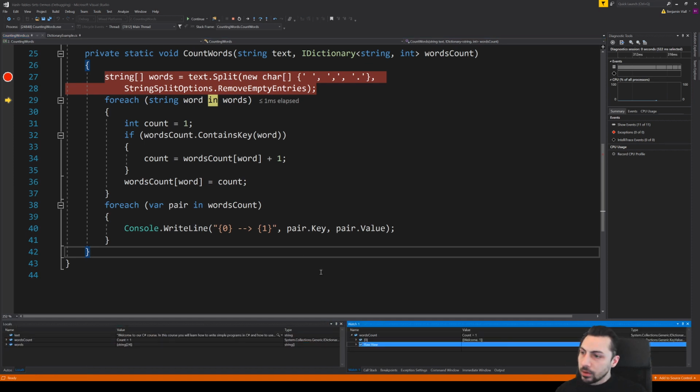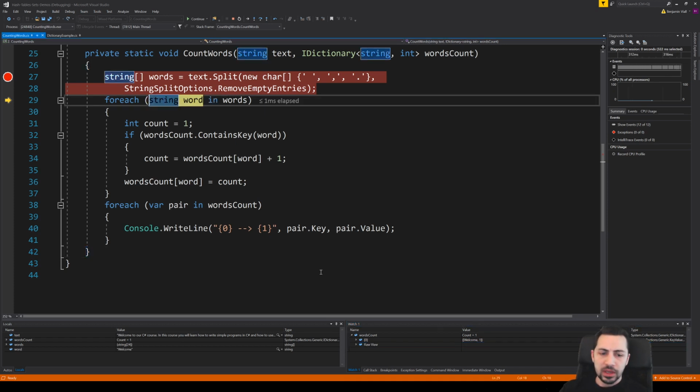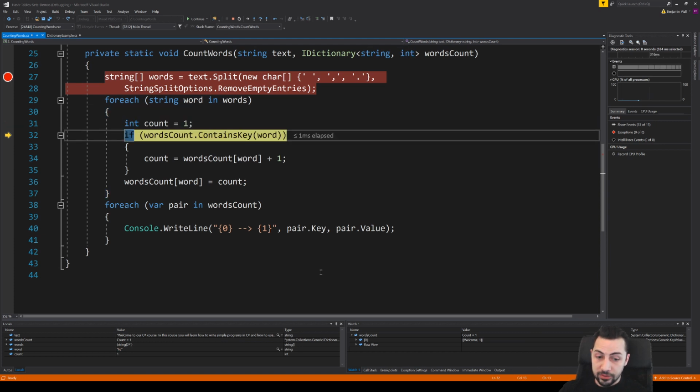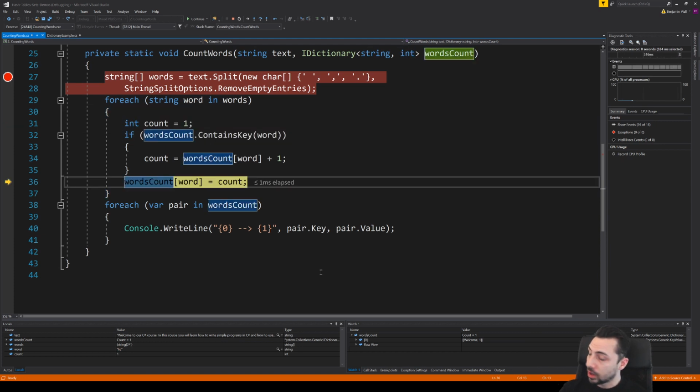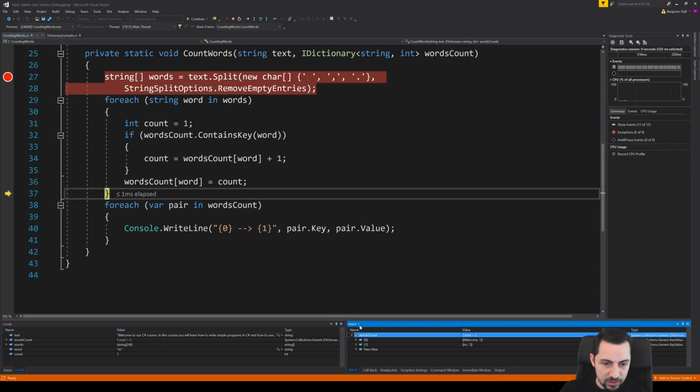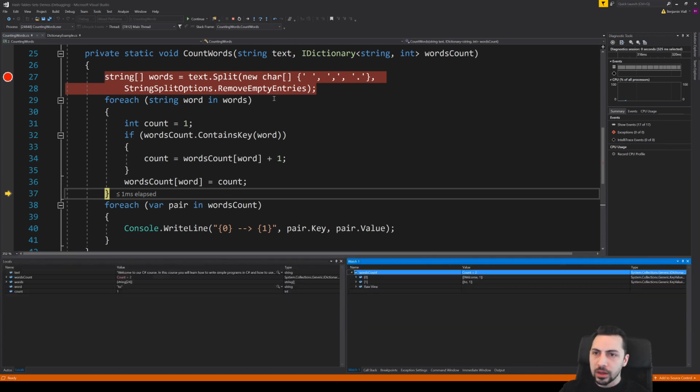Okay, so the next word is to, and to is not in the dictionary, so we're going to put it in with a count of 1. Can I keep this open? That would be nice if I could keep that open. Also, hold on, let me get into fonts and colors.